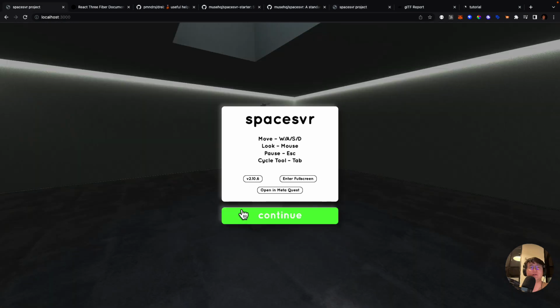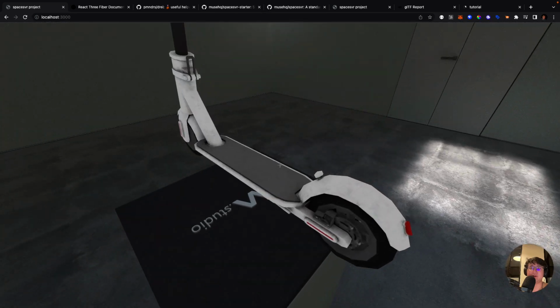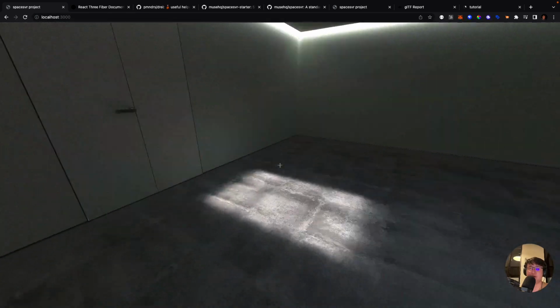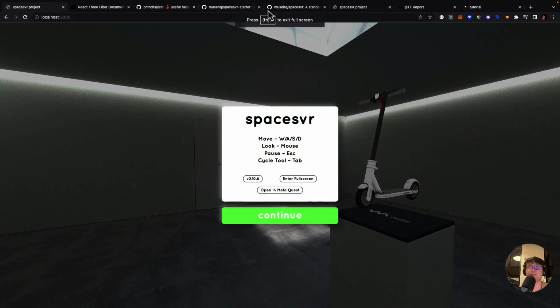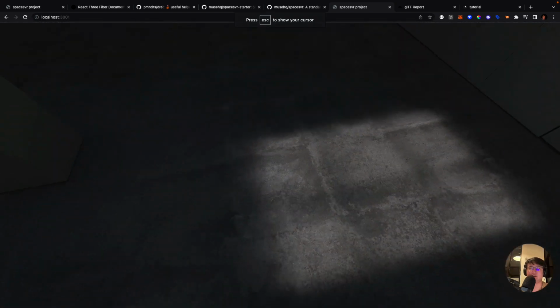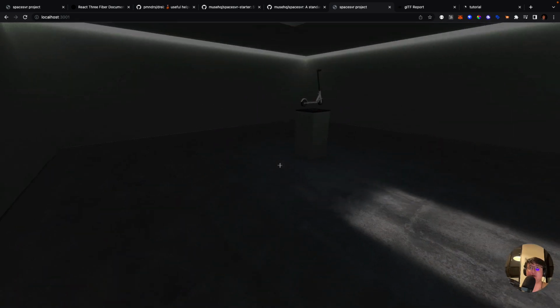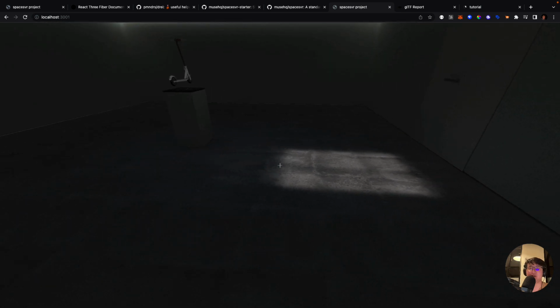Well, you'll notice a couple things with this build we have right here is that this model has a very, very, very slight floating animation to it. Additionally, the overall environment looks a lot brighter. So there's a couple things I want to point out. Let's talk about lighting first. You notice right here that we have some lights that actually came in with the base model. Those lights and shadows were actually baked into the model. Baking means that the lights and the shadows were actually included in the texture that was a part of the